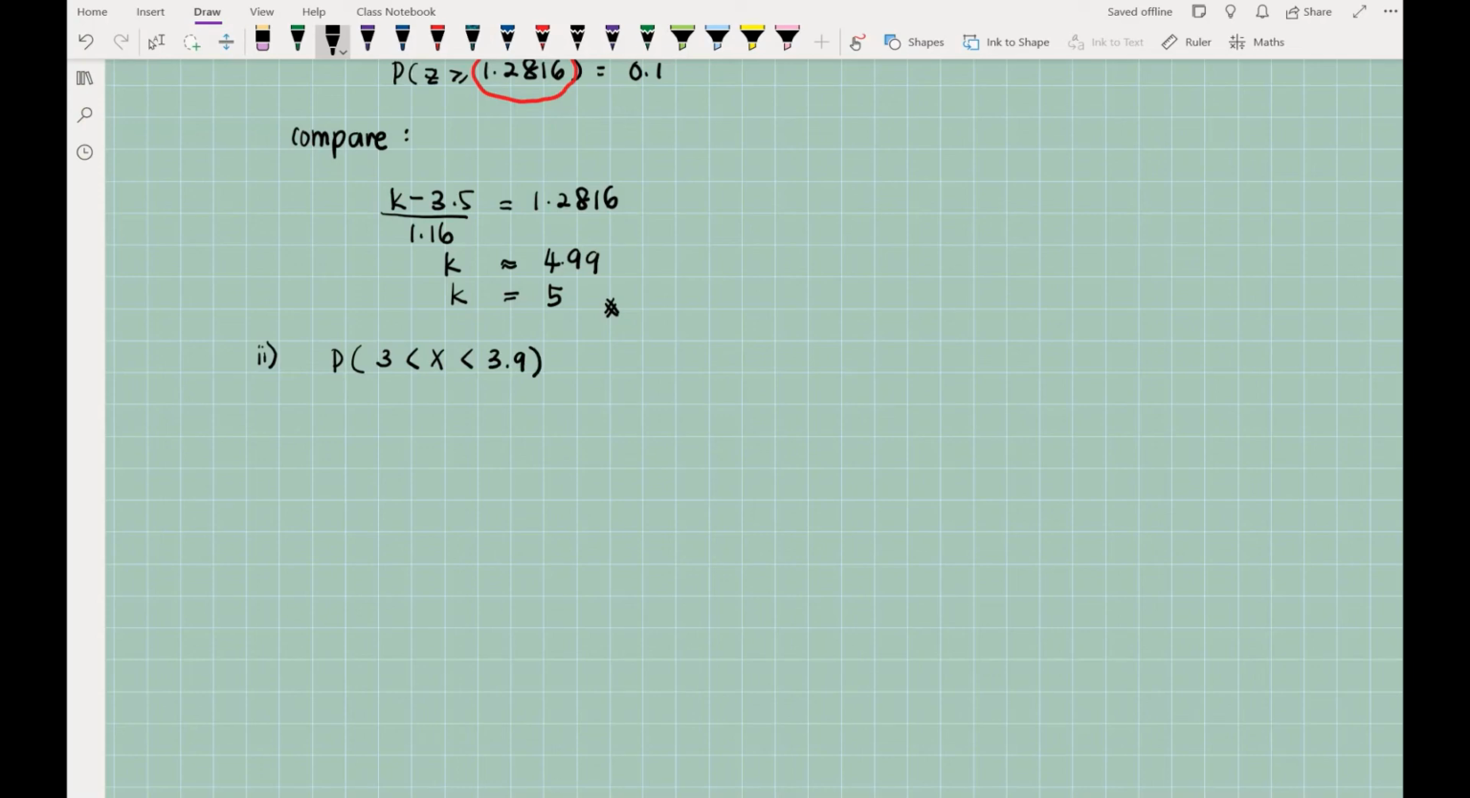Jadi, apa yang kita kena buat masih sama macam tadi. We are going to have to standardize, which gives me this is probability that (3 minus 3.5) over 1.16 is less than Z less than (3.9 minus 3.5) divide by 1.16. Okay, so getting my Z score here, I'm going to have probability that on my left hand side is negative 0.43 less than Z less than on my right hand side